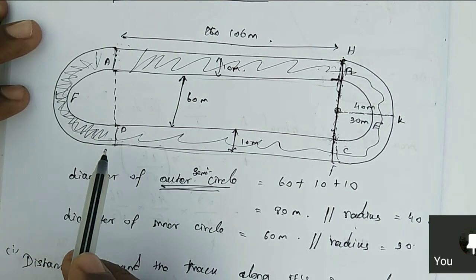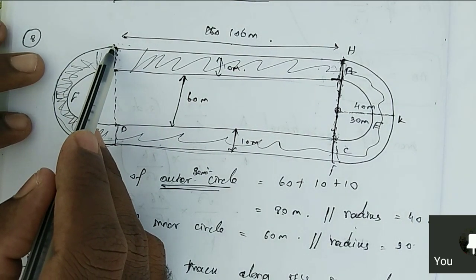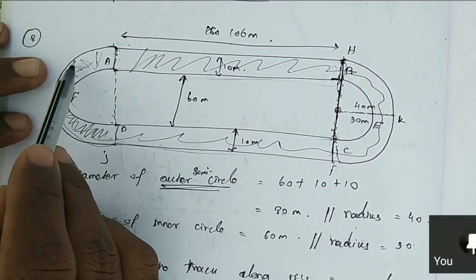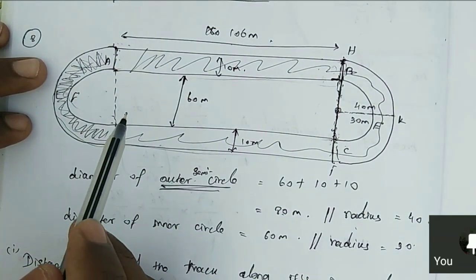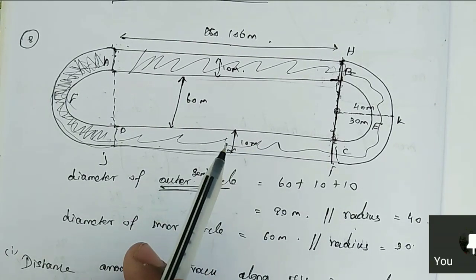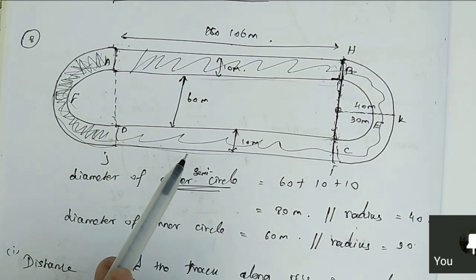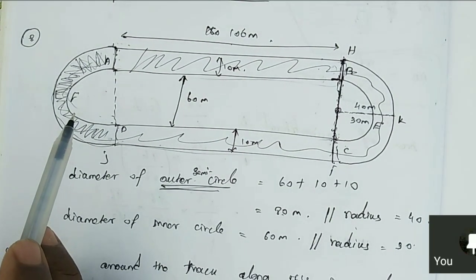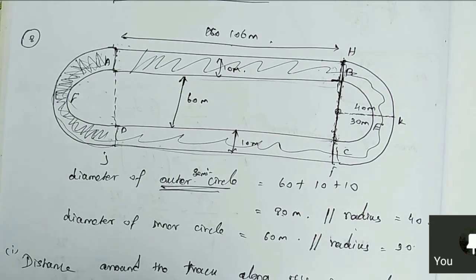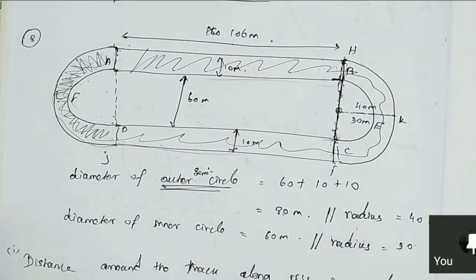So it is a little bit tough. How will you find it? First you should find the area of the outer semicircle. Then you should find the area of the inner semicircle. Then you subtract the outer circle minus the inner circle. That is the area of the path, right? Clear? Any doubt? The area of the outer semicircle you can find. Next the area of the inner semicircle. Then you should subtract outer minus inner. It became an area, right? Clear? Any doubt?